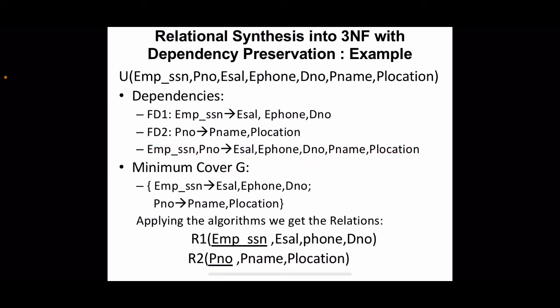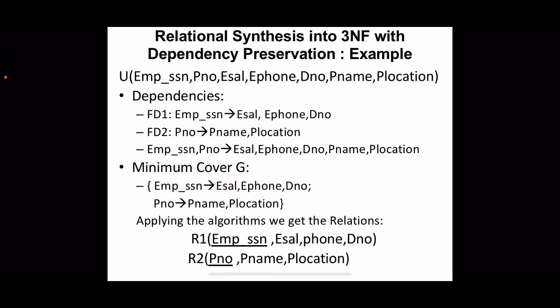So altogether these dependencies are actually redundant. So when we apply the minimal cover algorithm, we will get only these first two dependencies. Okay, that is enough to represent the entire relations between attributes. So the minimal cover for this set of functional dependencies will be the first two. FD1 is employee SSN determines employee salary, employee phone number and department number, and the project number determines project name and project location. This is the second dependency. This will be the minimal cover for this set of functional dependencies.